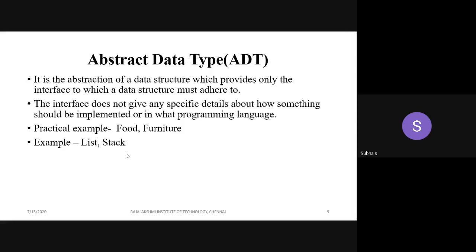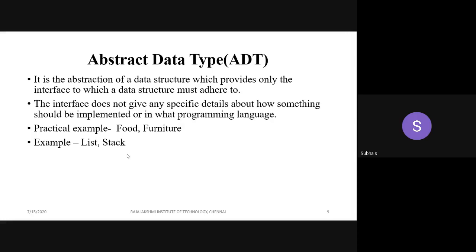I am aware of only the interface, but I don't know how it is implemented, in what programming language. That is the meaning of abstract data type. All the data structures that I have told so far, linked list, stack, queue, list, etc., are all called abstract data types. To be more specific, I'll give one practical example.